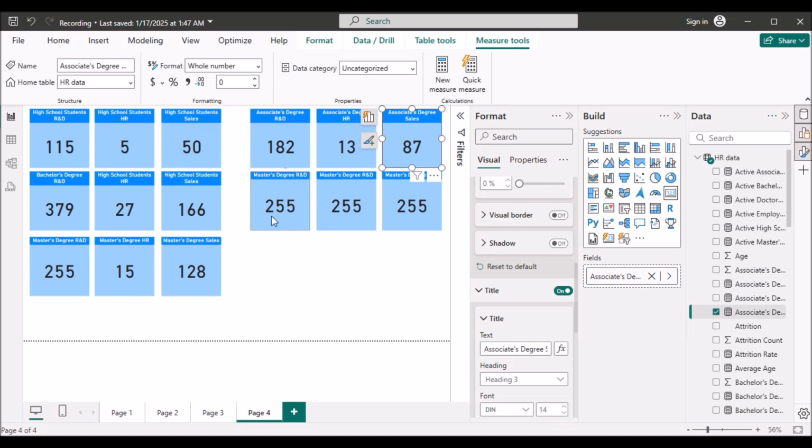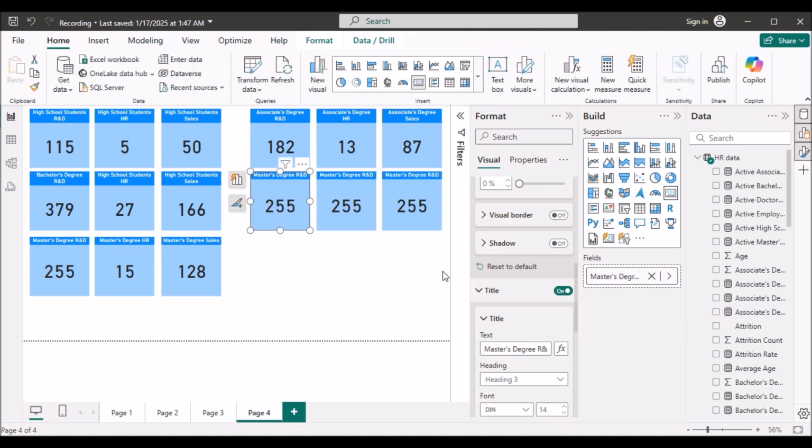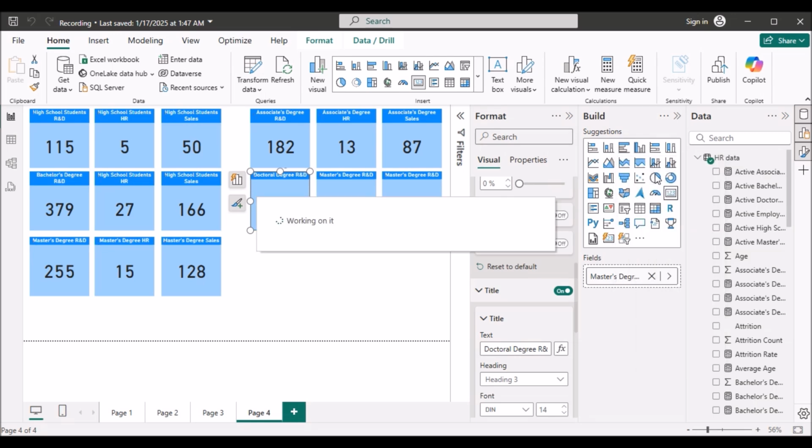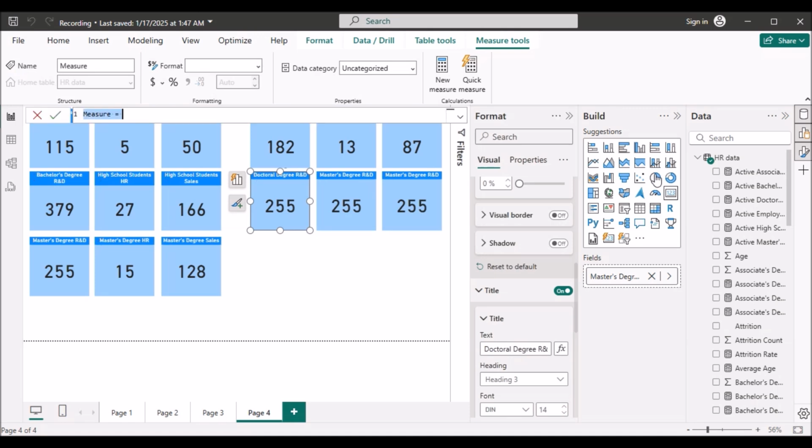Now at last we'll sort it for the doctoral degree. Select the card, go to title area, in the text change the title to doctoral degree of R&D, and write up a query. For that, again go to HR data, right click on it and click on the new measure. Doctoral degree of